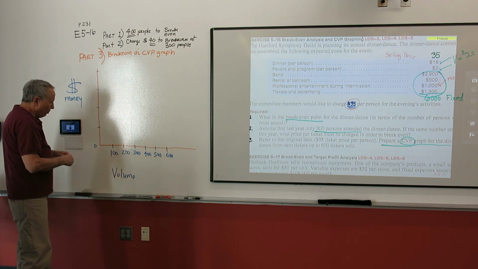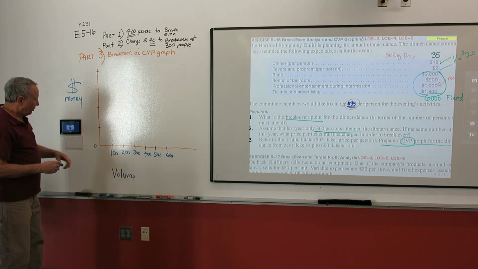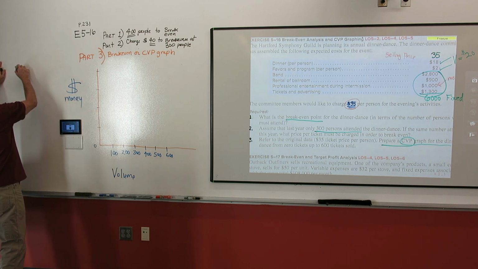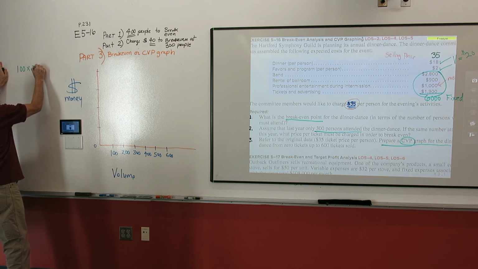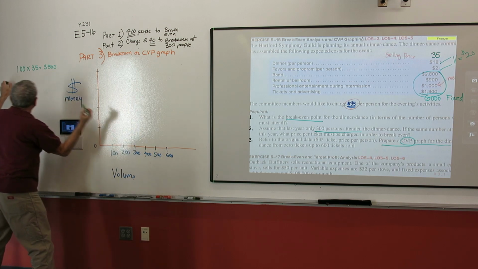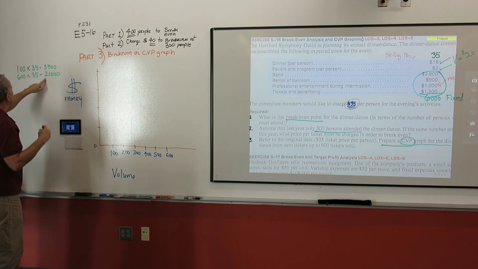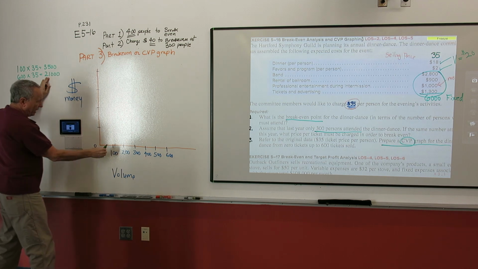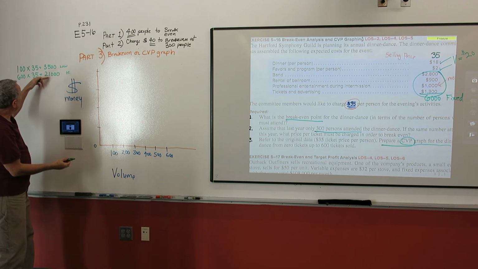Now, what kind of money? Well, once you've got your x-axis, you can get your y-axis because you know these are connected to money. Do you remember what the money is? If 100 people come, each person gives us $35, and that'll be $3,500. If the maximum 600 people come, and we get $35 apiece, it will be $21,000, I think. Yeah, that looks right. So I know at the low end I need 3,500, and at the high end I need 21,000. So I need a graph that goes up to about 21,000.